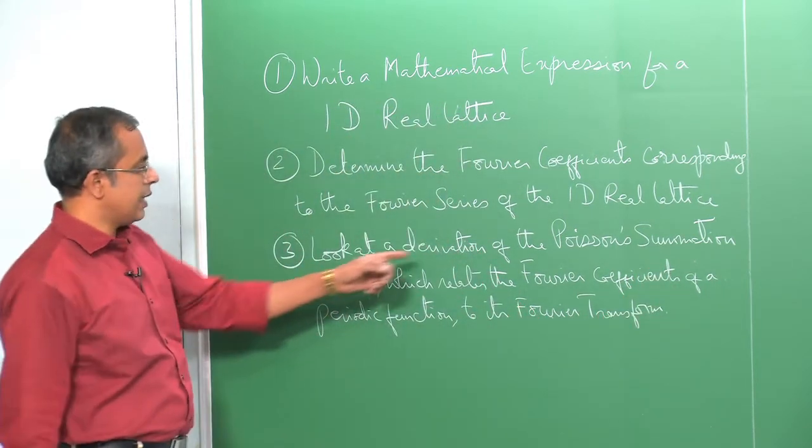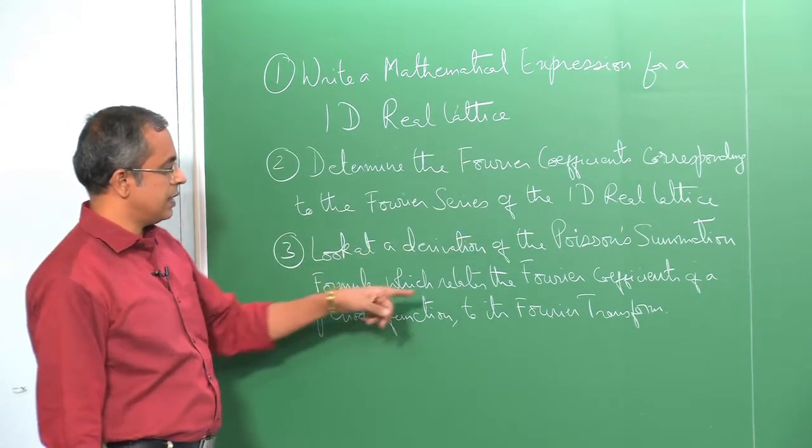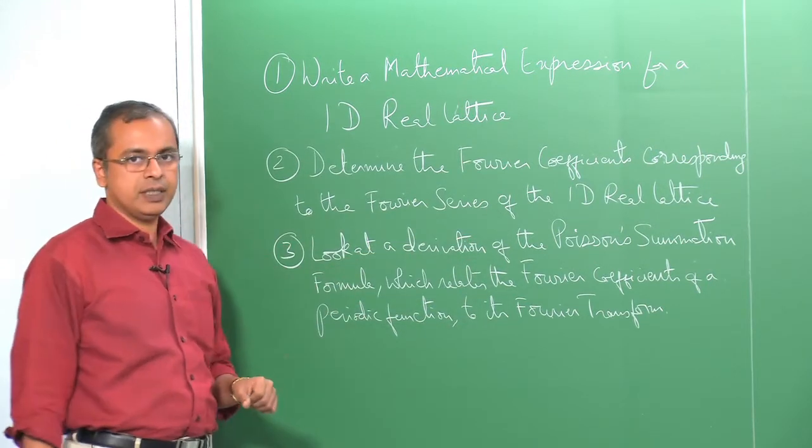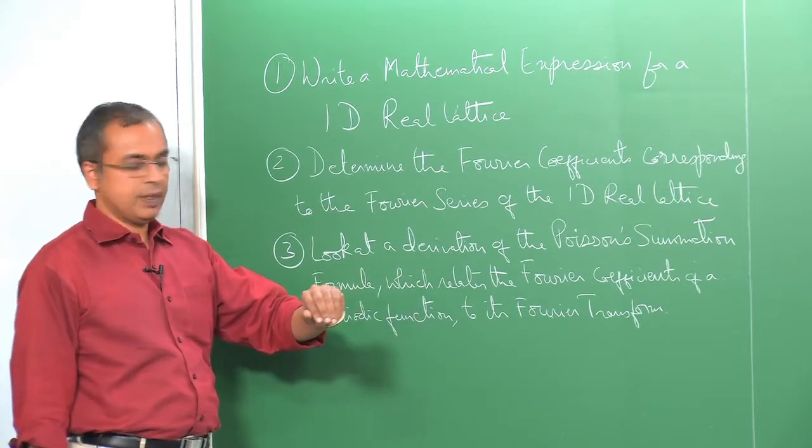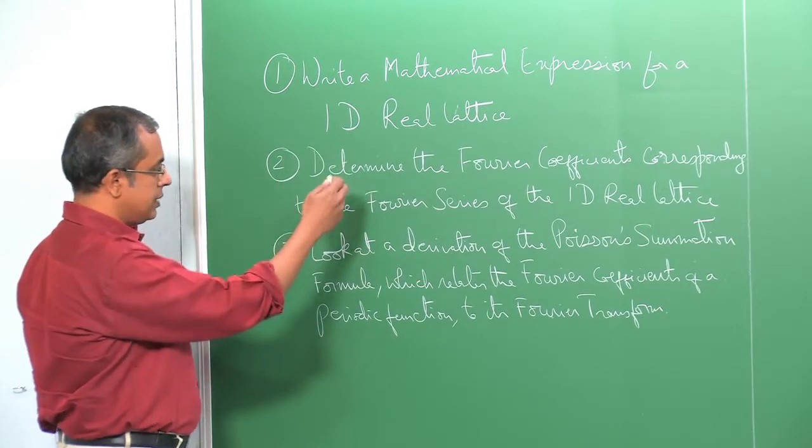Okay. So, we are going to look at a derivation of the Poisson summation formula which relates the Fourier coefficients of a periodic function to its Fourier transform, and using all of these,